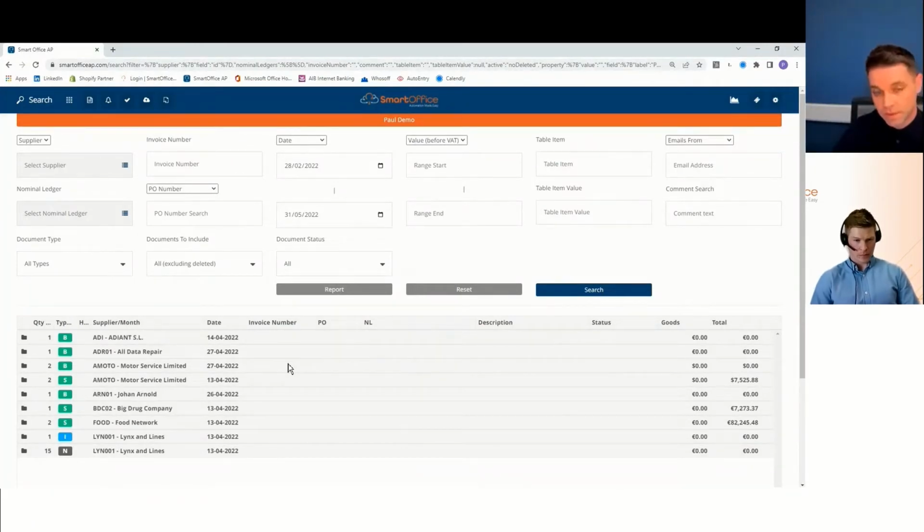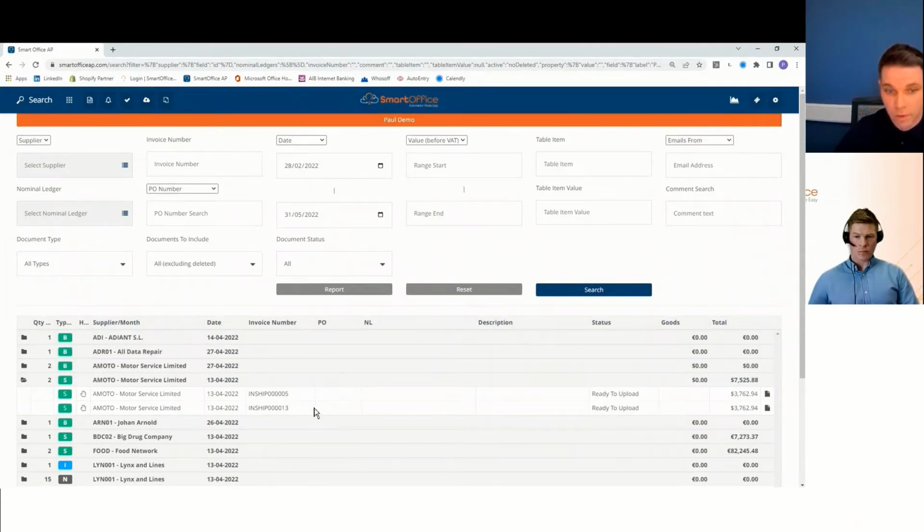Standard default with the system is the 7 years revenue compliance that we'll store all your documents in here for. Now that can be extended if there's an industry need, and it's completely unlimited. So there's no extra charge, and it's unlimited storage and unlimited users. So no matter how many people, departments or volumes are involved with the process, it'll all be relevant here. You get the drop-down menu here, broken down by supplier, total value, and then broken down by individual invoice, reference number, and top line header detail here as well.